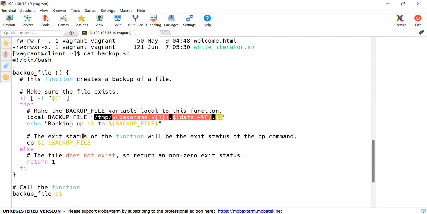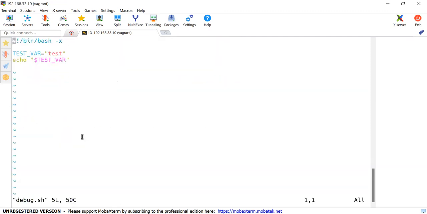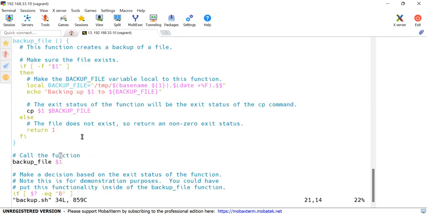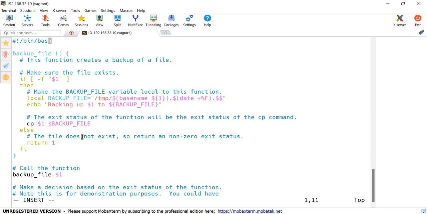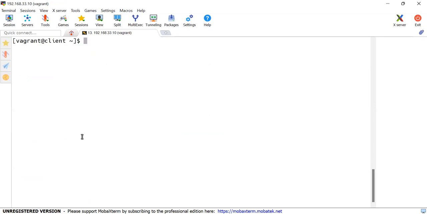Let me start this script in the debug mode. So -x, I'm using that, and it helps to start the script in the debug mode. And if I run that backup.sh,